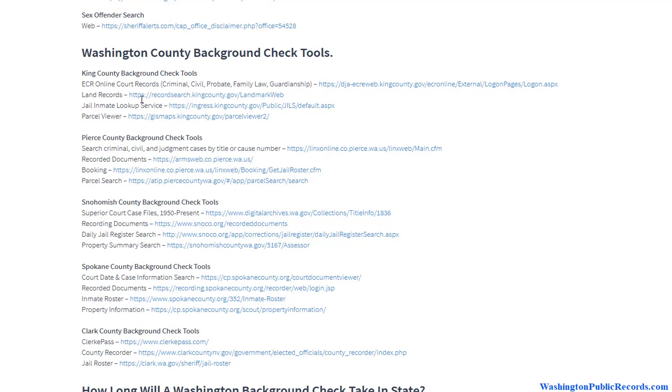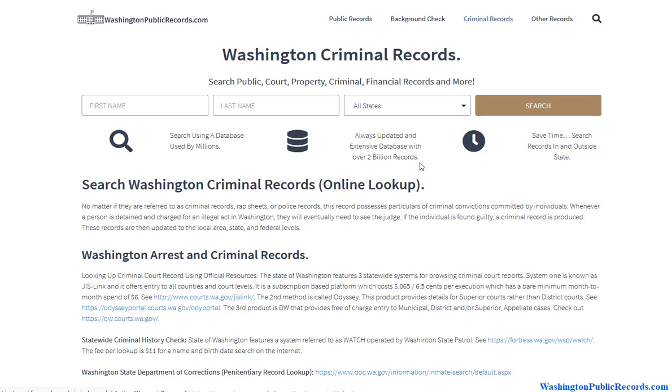You have certain things to look at the county level, certain things to look at the statewide level. So another thing to consider here is using the name search on top, and what this does is it's both a public and a private database, but it doesn't just pull records from the state of Washington or a particular county. It pulls records from multiple states, multiple databases, multiple counties, and it's a name search system. It's very instantaneous, so you're able to view a multitude of records almost instantaneously.